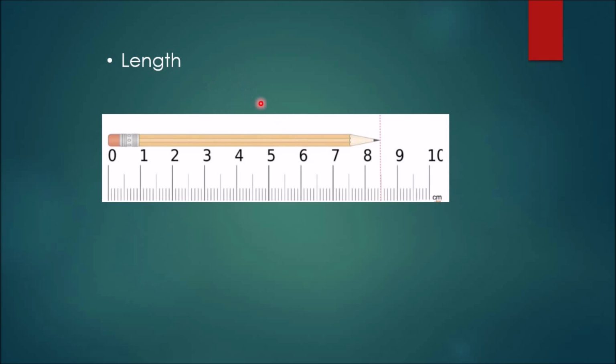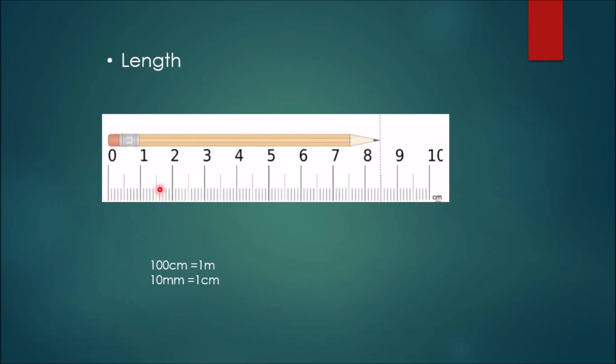We will start with how to measure the length of an object using a meter stick. Take a look at the units. It is calibrated in centimeters, so each one of these bigger lines is a centimeter: 0 centimeters, 1 centimeter, 2 centimeters, etc. And if you take a look here, it's divided into 10 small lines. Each one is 1 millimeter. 10 millimeters equal 1 centimeter. And this is 0.5 centimeter, 1.5 centimeters,